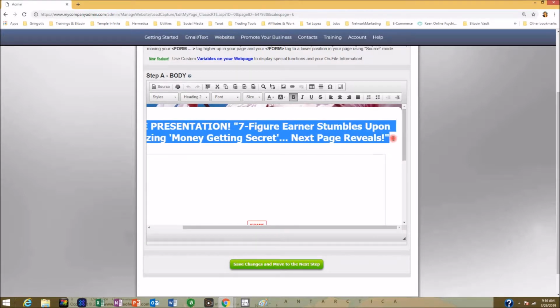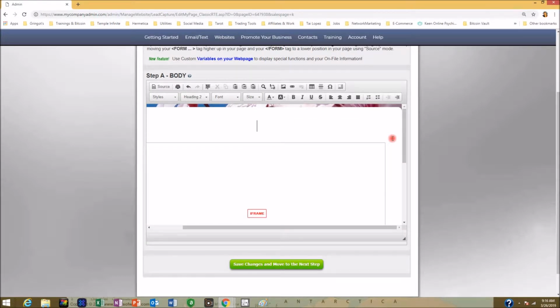There we go. Highlight that, click delete on the keyboard, and that magically disappears. Now, we've got to think of a title that's going to hopefully draw people in to our sales funnel and get them to leave their name and their email address. So let's see. Would you